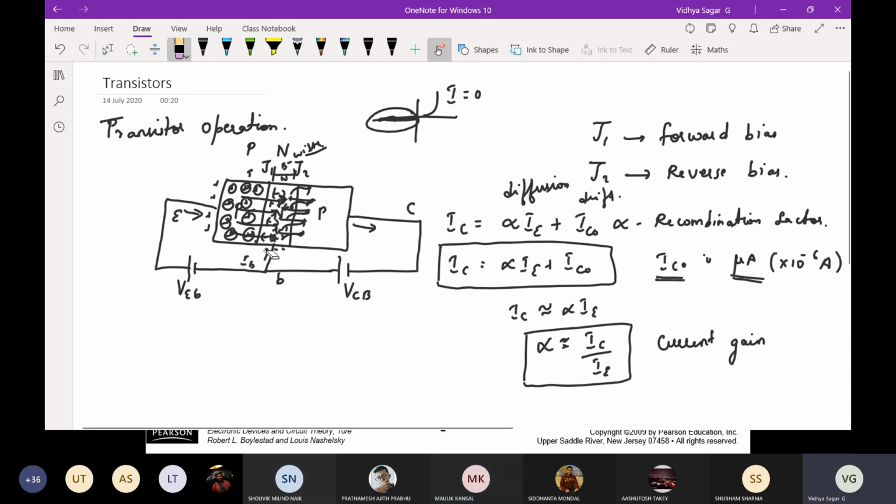I want you to listen. So don't just blindly say the answer as I'm saying it. Fine. So the current direction should be opposite. Why? Because it is N type, right? So the current flows in the opposite direction. So now you just tell me what is the equation I could write?